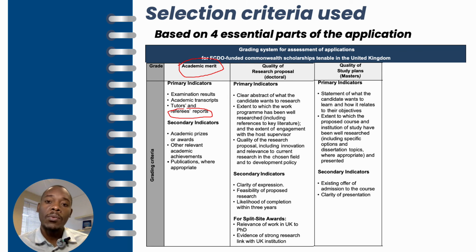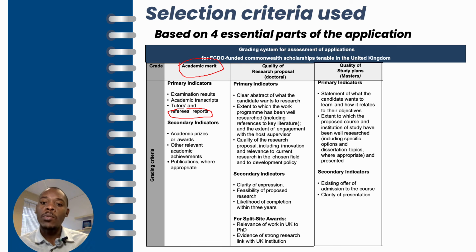So what they are going to consider for masters as primary indicator will be the quality of your study plan. So again, you as a master's applicant, you need to include how you are going to study. There will be a section which I'm going to talk about how to write the essays on the quality of your